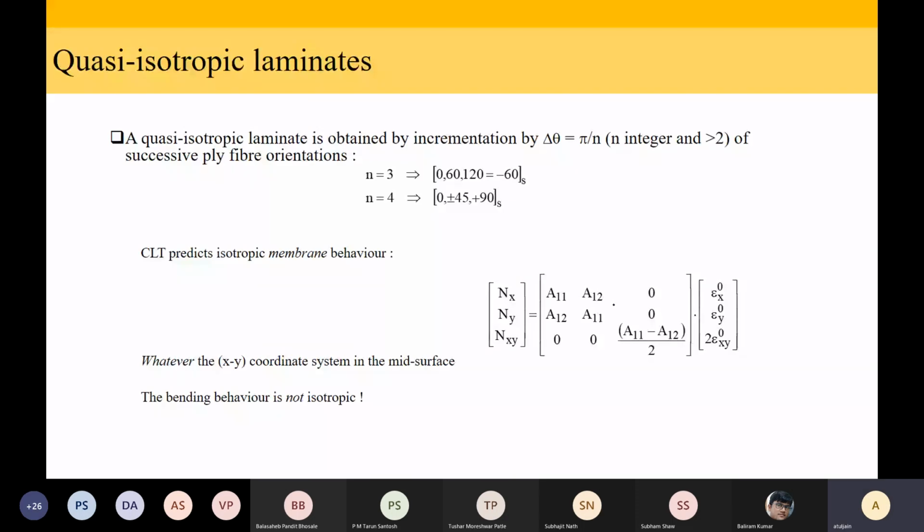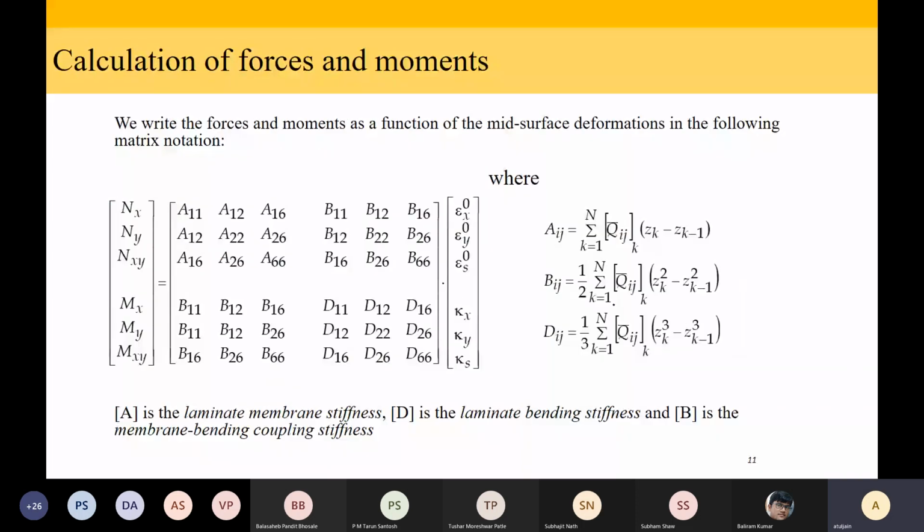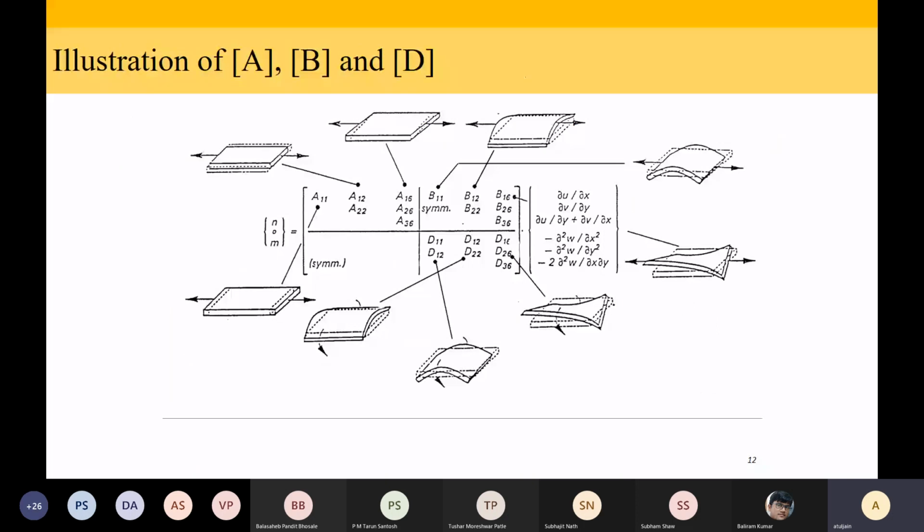Let's go back a few slides again. Look at this carefully and tell me which terms relate to bend and twist coupling.